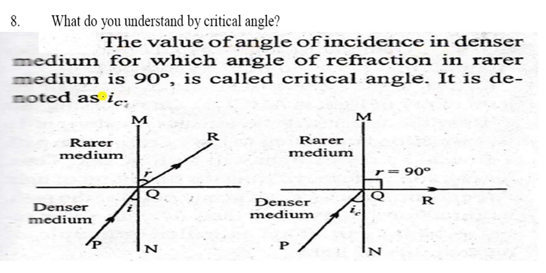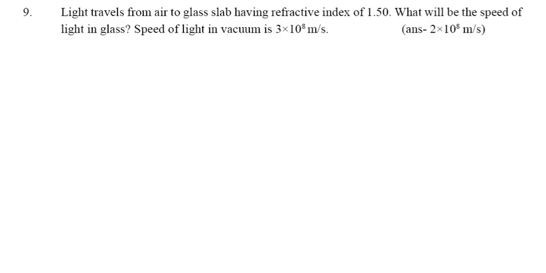Now the question number 6. What is total internal reflection and what are the necessary conditions for it to take place? So I have told you, so you can write the answer. When a ray of light is made to incident from a denser to rarer medium at an angle greater than the critical angle, that is the most important, then the ray of light is reflected back, not refracted, in the same medium. So this phenomenon is called total internal reflection.